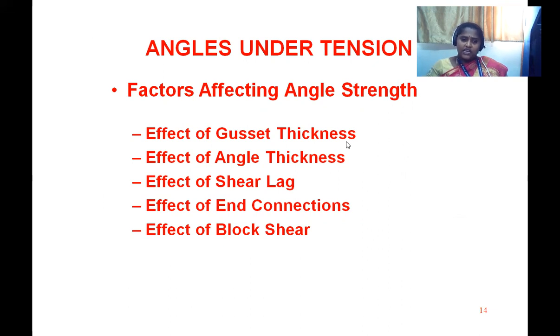Angle sections can be equal angle or unequal angle. Unequal angle is nothing but a difference in the length of each leg. One leg may be the same and the other leg may not be the same. That comes under unequal angle. You can choose that category also, based on your requirement. So the thickness, angle size, everything you have to choose carefully. And the third thing is the shear lag, which is the most important factor. We will discuss that in detail in the next topic because it is a most important topic. And the next thing is end connections.